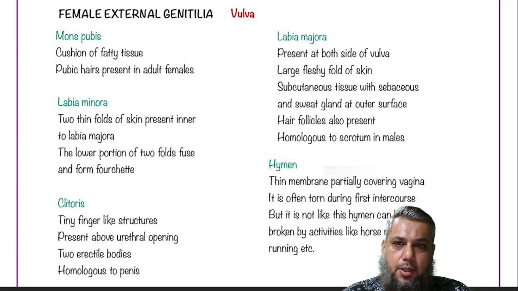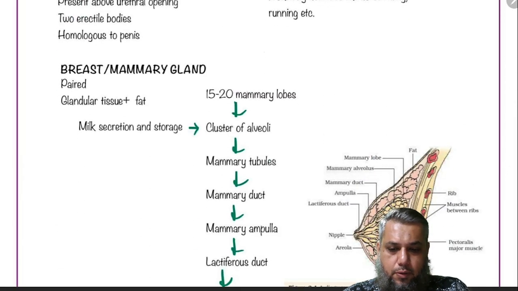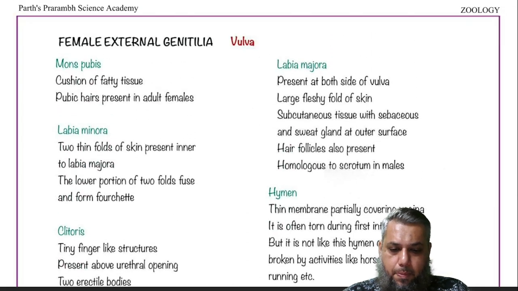Female external genitalia is called the vulva. The vulva consists of mons pubis, which is a fatty tissue that shows the presence of pubic hairs. Then it shows the presence of the